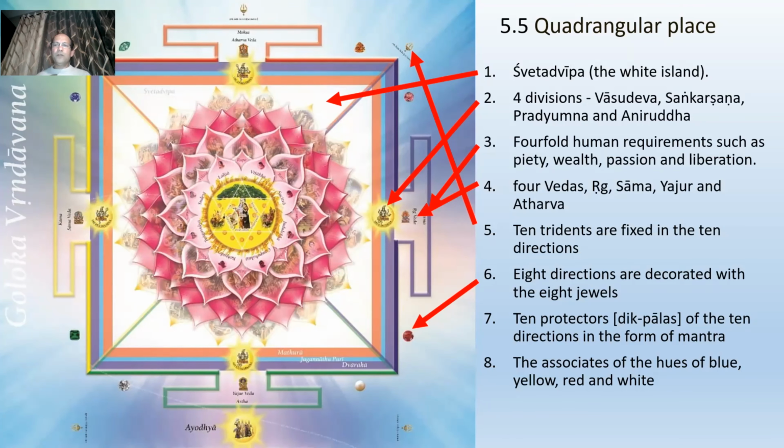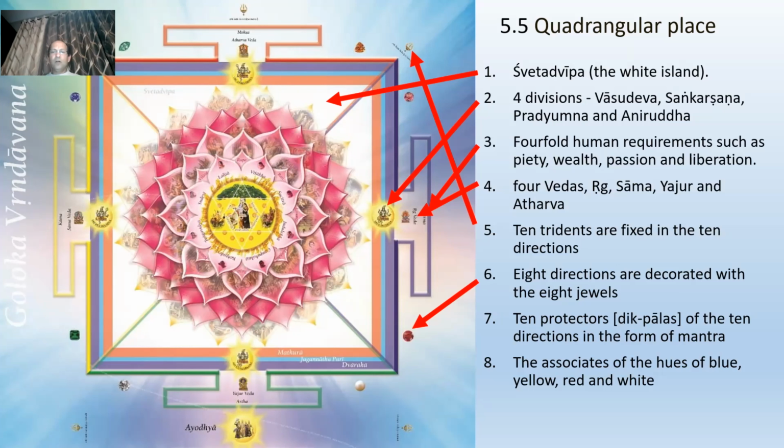And then the fourfold Purusharthas are surrounded by that: Dharma, Artha, Kama, Moksha, and the four Vedas personified are there. So these are all original, because the material world is also a reflection of this spiritual world. So the origin of all the four Vedas and four Purusharthas is coming from there. And then in the 10 directions, there are 10 tridents or shula, which are fixed to protect this whole